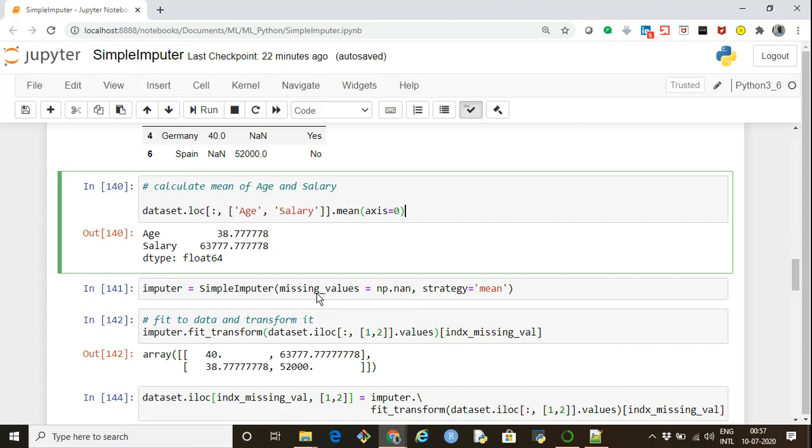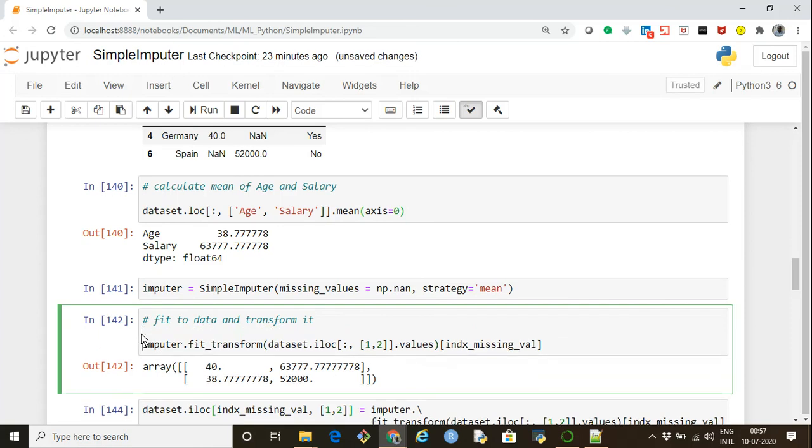So let's say we are continuing with the mean values, and now I'm just fitting to the data and doing the transformation in this step. So imputer.fit_transform, that's the name of the method, and within that we have to pass the data which we want to transform. Our data is in dataset, so from the dataset I am selecting using .iloc all rows and those columns which are at index 1 and 2.